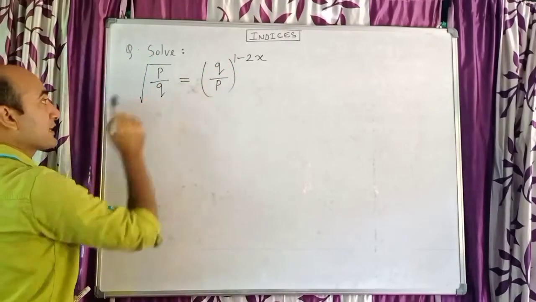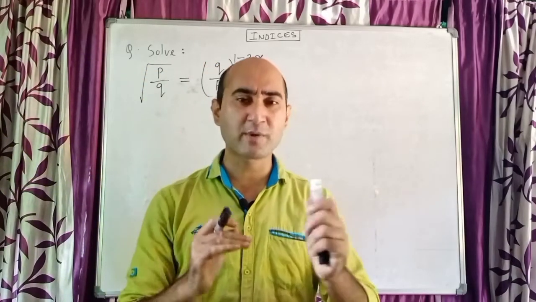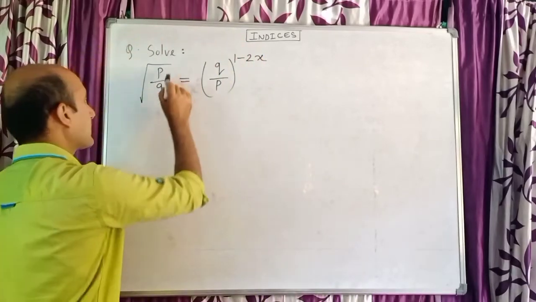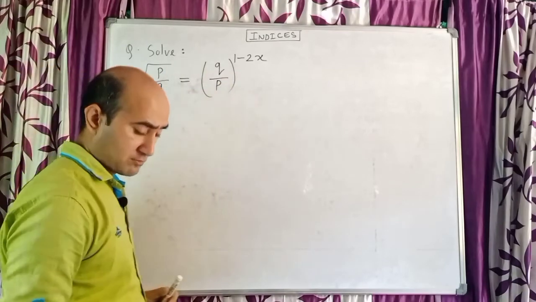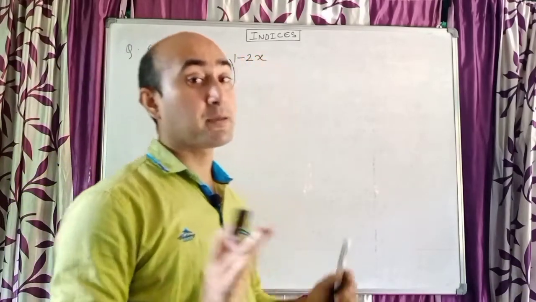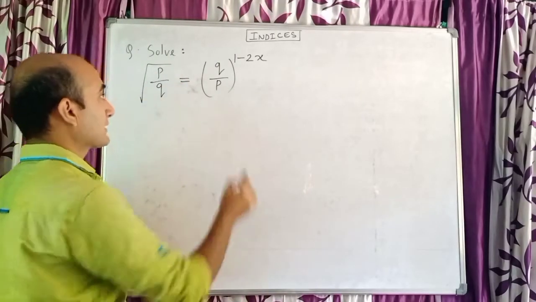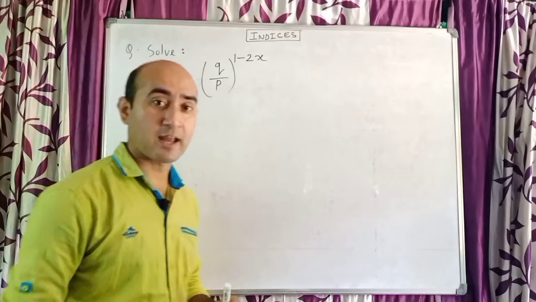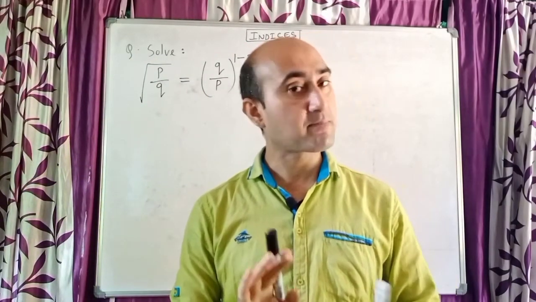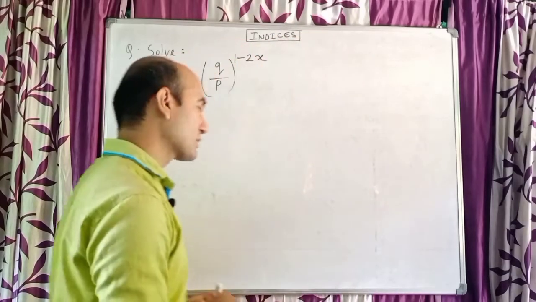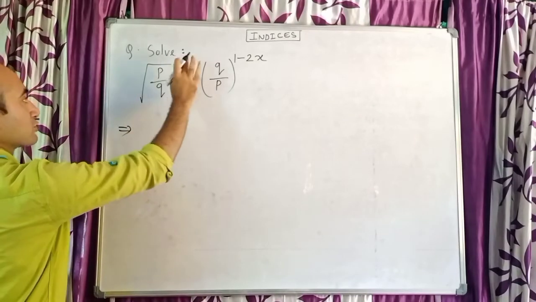But you can see it is p by q here, but here it is q by p. So there is a little bit of a numerator and denominator problem. Had this p been on the top and q at the bottom, at the base, then p by q would be equal. So what we will do? We will keep this p by q the same, but this q by p we will change to p by q. And you know when the numerator and denominator are changed, plus becomes minus and minus becomes plus. So let us do this question. Very easy question, children. So I want to remove this root over from here.